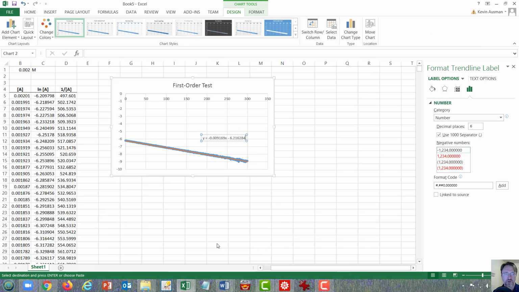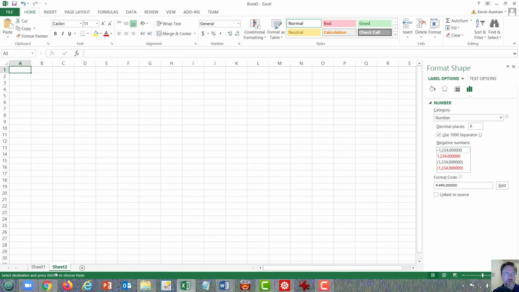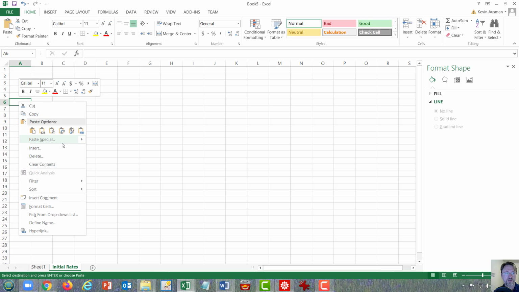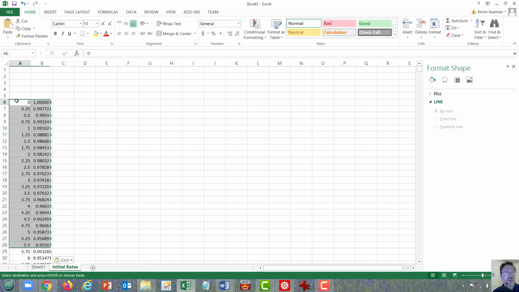Our new spreadsheet. Go to a new sheet and initial rates. Leaving some room, I will paste the data, remembering to paste values: time and concentration of A. Now, doing the method of initial rates, one of the things we need to do is